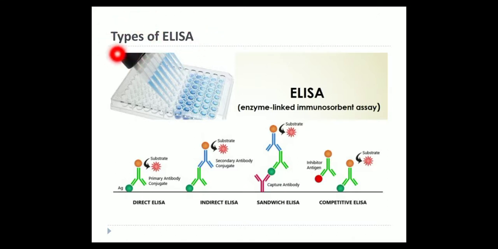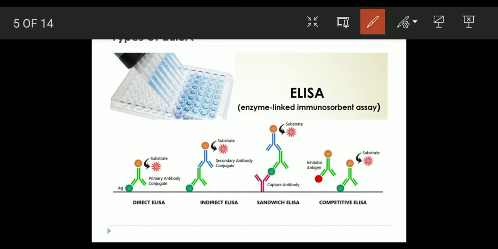What are the types of ELISA we need to discuss? Okay, so guys, here you can see in a big picture the microtiter plate. This is the microtiter plate, and this whole ELISA test is done in a well. These are the wells. Actually there are a total of 96 wells. This is one well, and in these wells only this overall interaction of antigen, antibody and enzyme takes place.